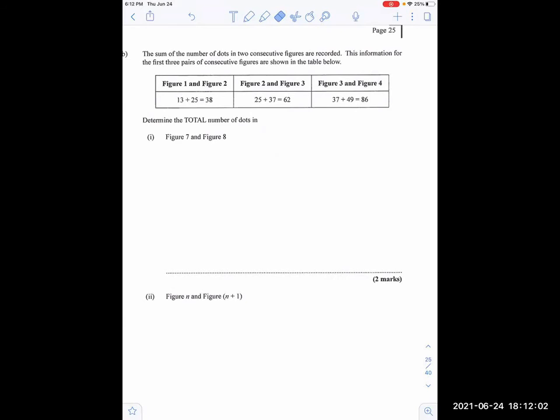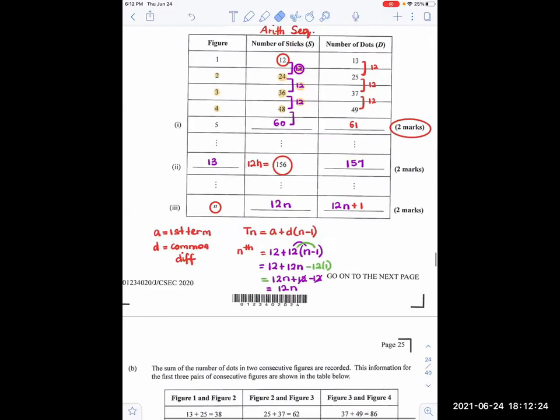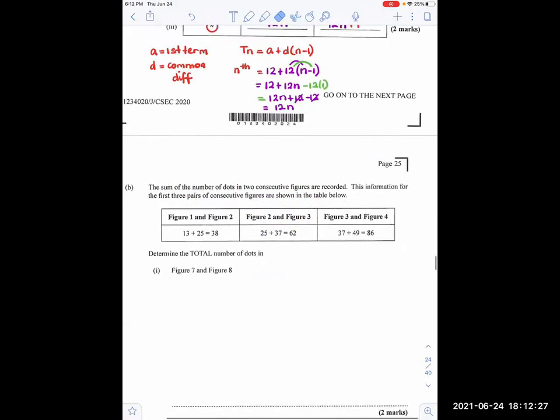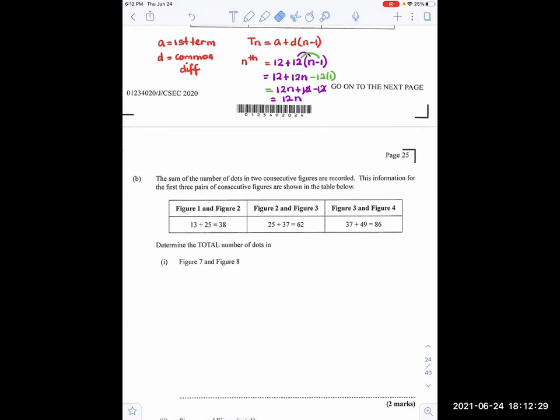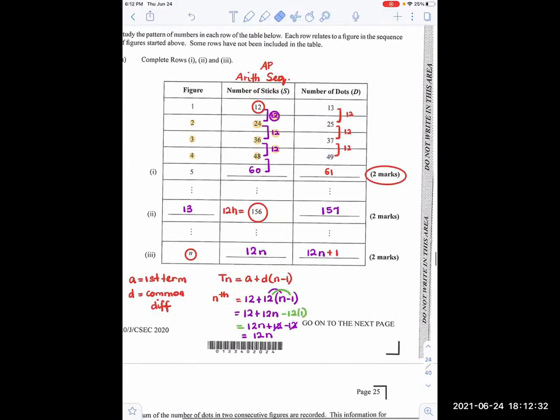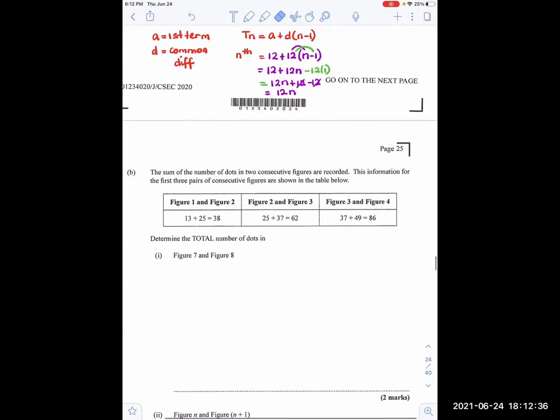The number of dots in two consecutive figures are recorded. The information for the first three pairs of consecutive figures are shown in the table below. So, figure 1 and figure 2 is 13 plus 25, right? Figure 2 and figure 3 is 25 plus 37. Figure 3 and figure 4